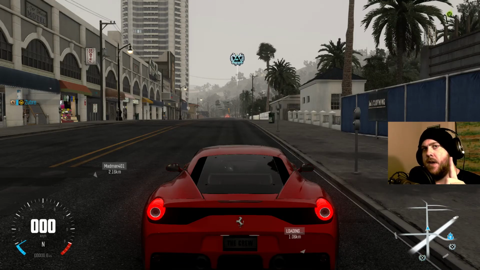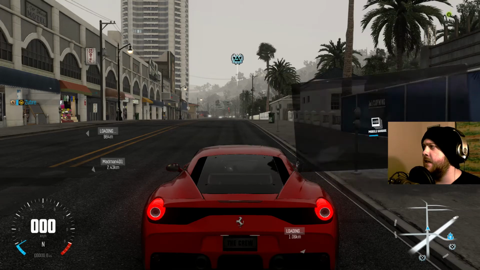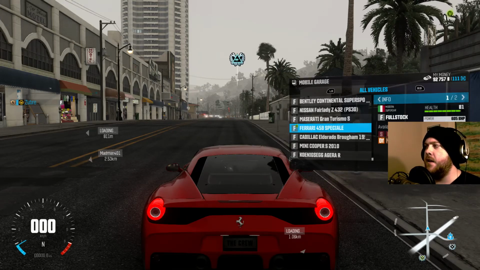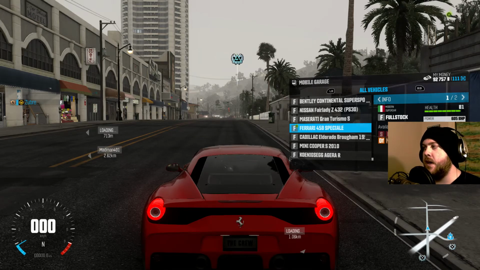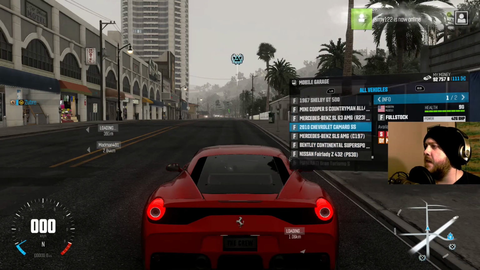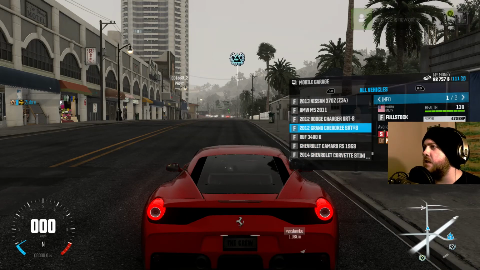Now, I noticed something. It is that the Ferrari 458, I think, Speciale. Is that what? Yeah, there it is. 458 Speciale has circuit. It also has drift, but that's not available to me, as you guys know. There was also another car here. Let's see if I can find it. It was the